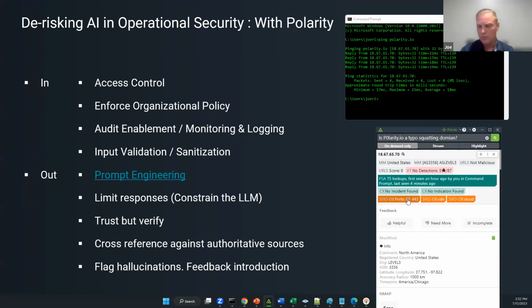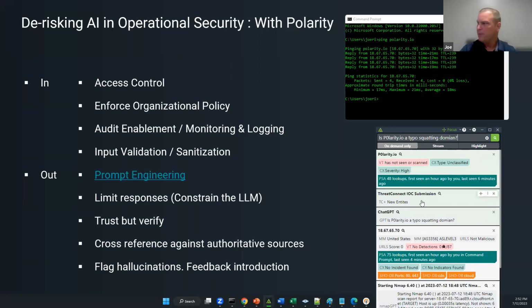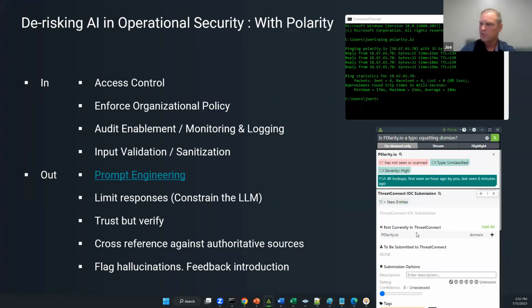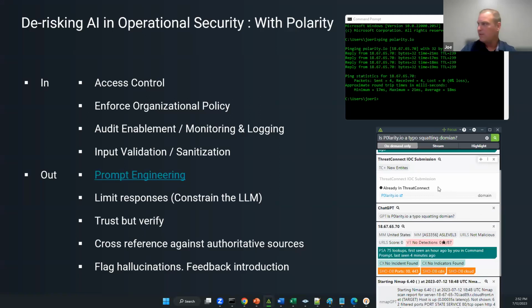So this is something that we're really big on at Polarity. If you look at our intelligence integrations in particular, if there are things that you want to be putting into an Intel platform, for example, we can actually give you the means. So with this typosquatting example that we searched earlier, I might be able to say, okay, I have an understanding of it. Let me check my authoritative sources. I think it's typosquatting based on my investigation. Let me go ahead and add that to something like a threat confidence, right? Let me give it a high degree of confidence, a high risk score, and let me put that into the platform right then and there.